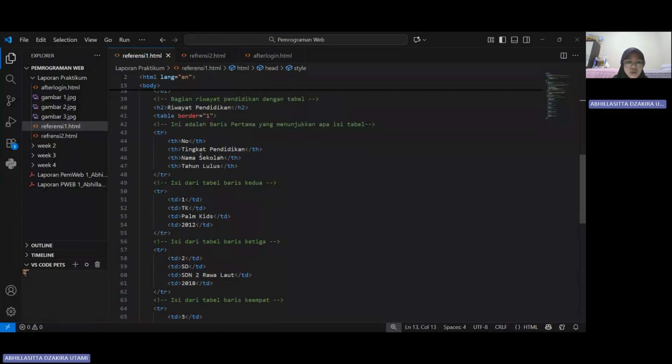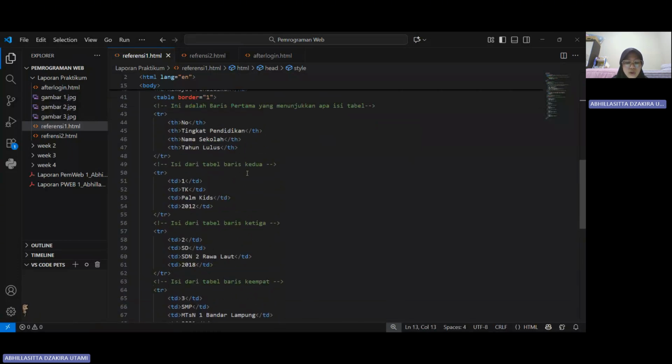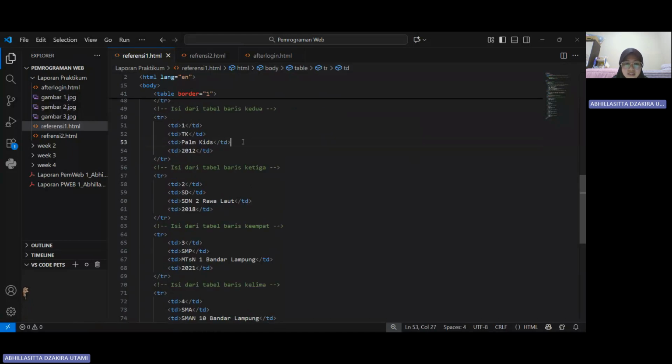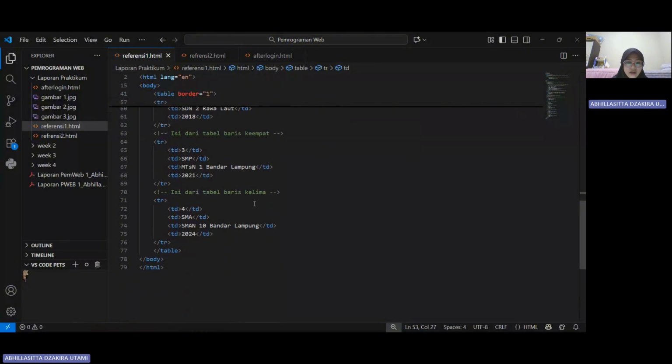Inside the tr tag, I use the th tag for the header contents, that is number, education level, school name, and graduation year. After that, inside the table, I want to put all my real education story from my kindergarten until my high school.